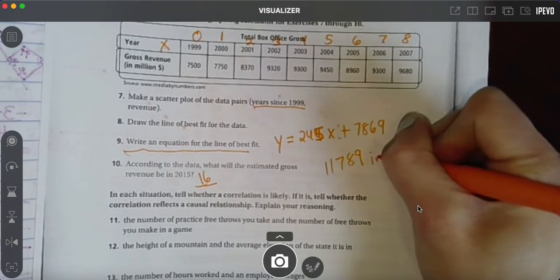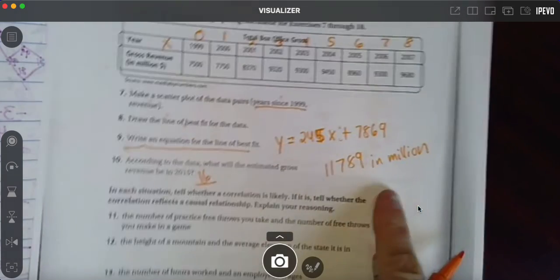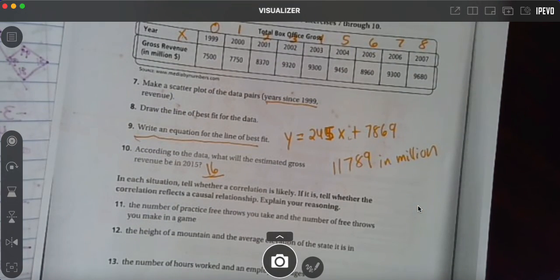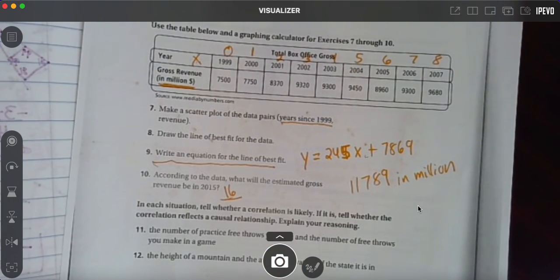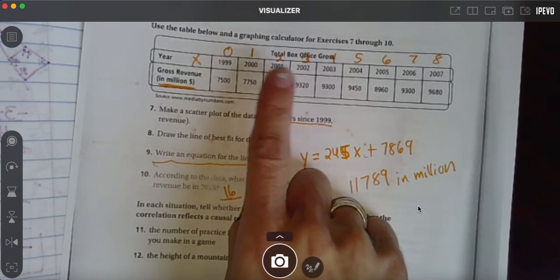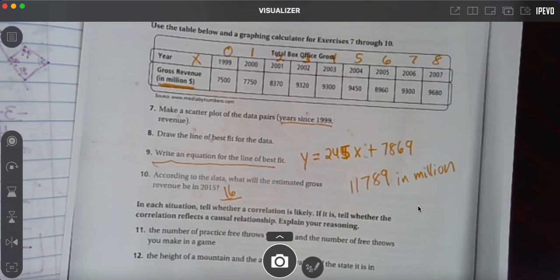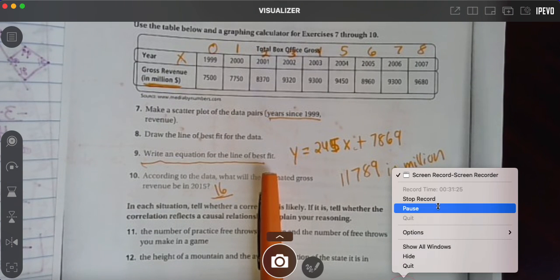And I could put, it's in millions. So I could put in millions if I wanted to, or you could write the millions. But I would just do this. 11,789 million. Isn't that weird how to say it? But it says it right here. In millions. They didn't want to write all the zeros after that in each table. That would have been so many numbers. So they just use those words. How do we feel about this? It's not bad, is it? Okay. So that is